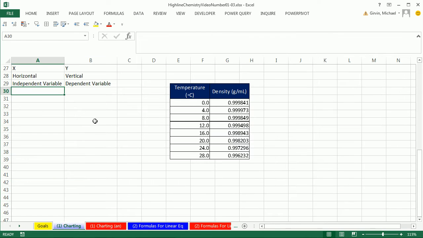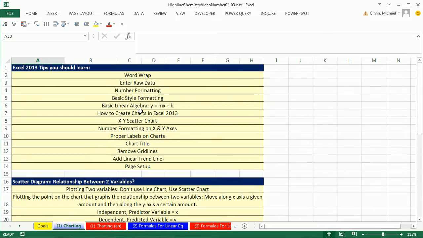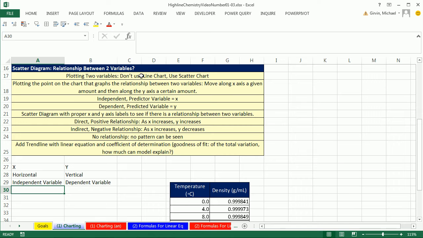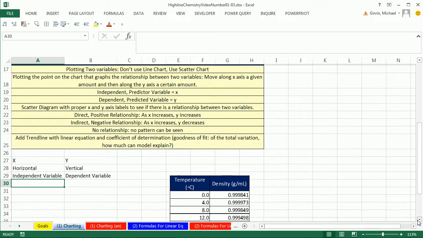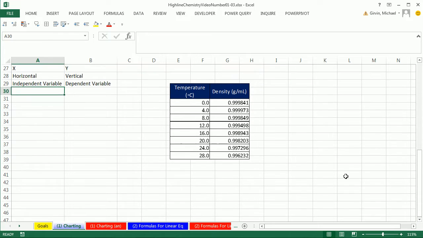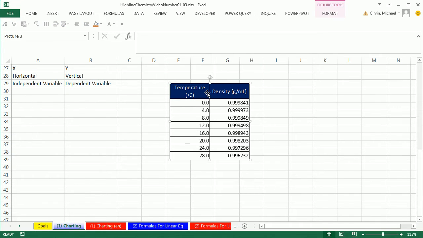Now here's our data. I actually have some notes up here. Here's the Excel topics we'll cover in this particular video, and here's the XY scatter details that we'll cover in this video. Oh, check this out. We are given a data set, and this is actually a picture I put here in Excel. You'll get it on a piece of paper, but we have to enter this data and the labels at the